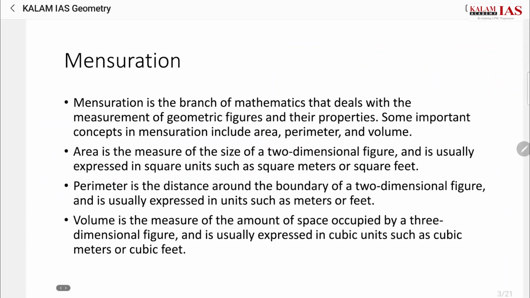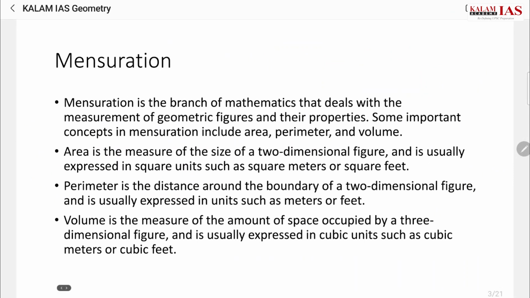Moving on, next topic is mensuration. It is the branch of maths which deals with measurement of geometric figures and their properties. Some important concepts in mensuration include area, perimeter and volume. Area is measure of the size of two-dimensional figure and is usually expressed in square units such as square meters or square feet. Perimeter is the distance around the boundary of 2D figure and usually expressed in units such as